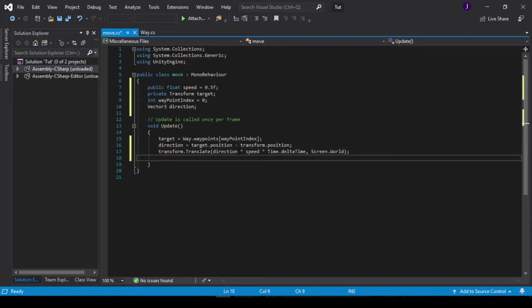So what would happen if this game object reaches its intended destination? Then it's just going to give us a null or a reference error, because it's already there and then it has no other thing to do. If we continue to look for a way to increase our direction or our route of movement, what we need to do now is to compare distances. So we check to see if